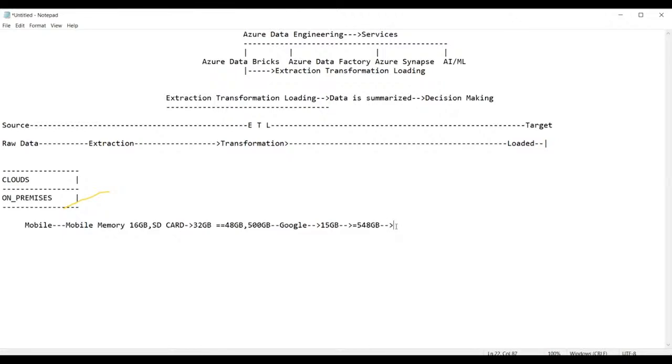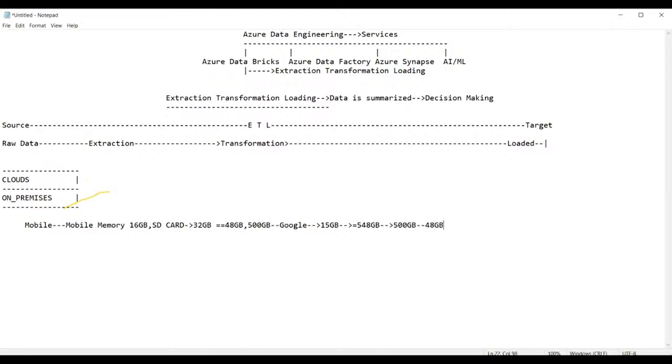Hence, I bought the new mobile phone. Now, once you bought a new mobile phone, guys, please tell me, can you recollect this 48 GB? Can you recollect this 500 GB memory or not? 500 GB is possible, 48 GB is not possible. Yes, exactly. Very good. So you can recollect the 500 GB by just using the synchronize option. You can log in with your mail ID, enter the password, and recollect it. But what about the 48 GB?